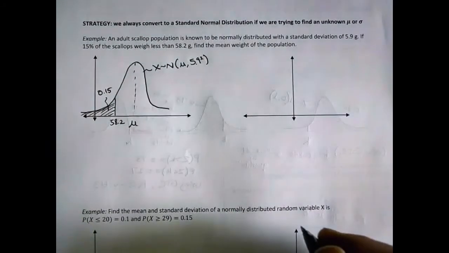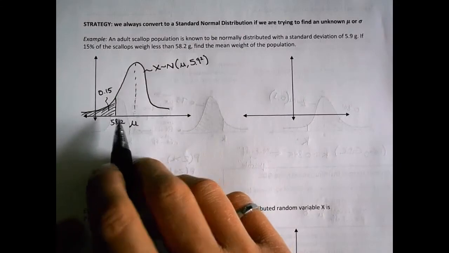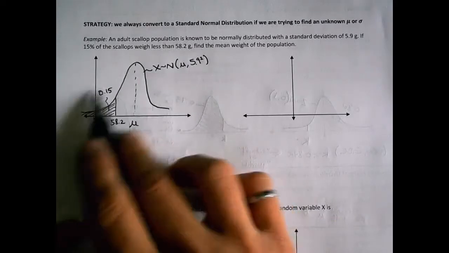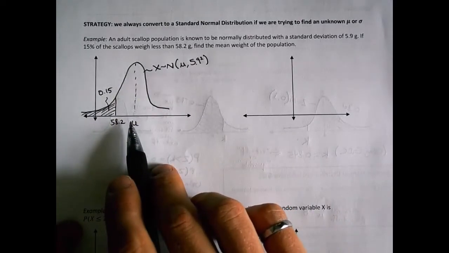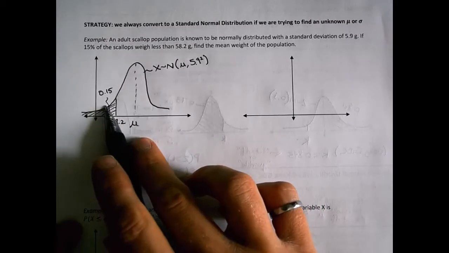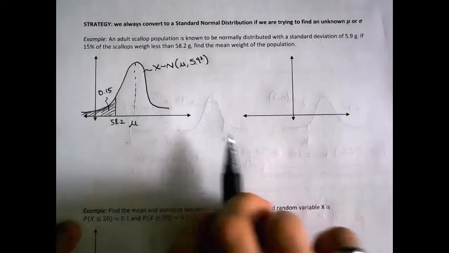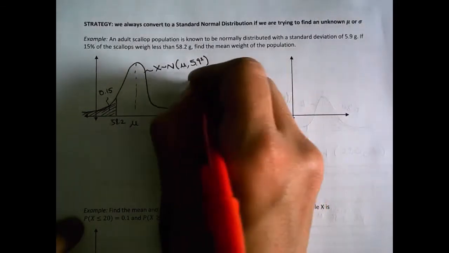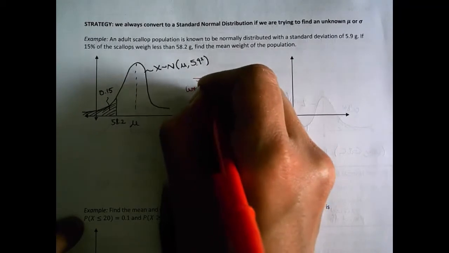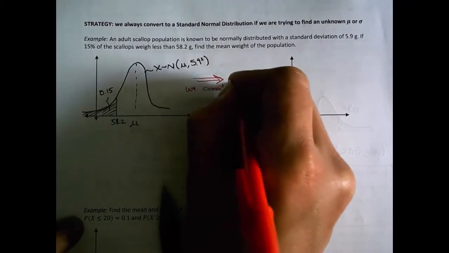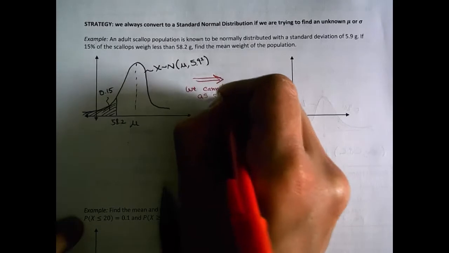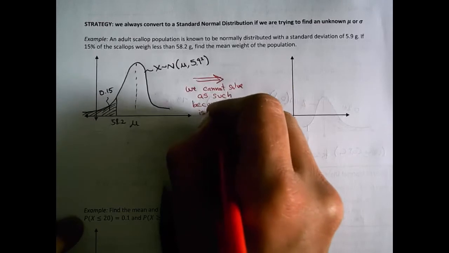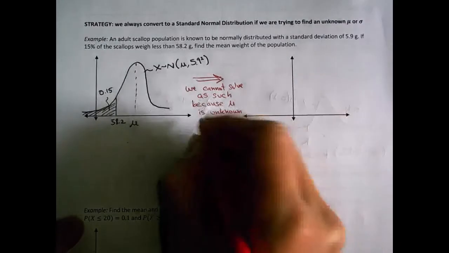Okay. Now, I need to find the mean. So if I were to use my inverse normal function on my calculator, I'm going to have a problem because I know the area, but I don't know the mean, so I can't type it in. The way we're going to solve this, we're going to write a little note here, so we'll put a big arrow. We cannot solve as such because mu is unknown. Therefore,